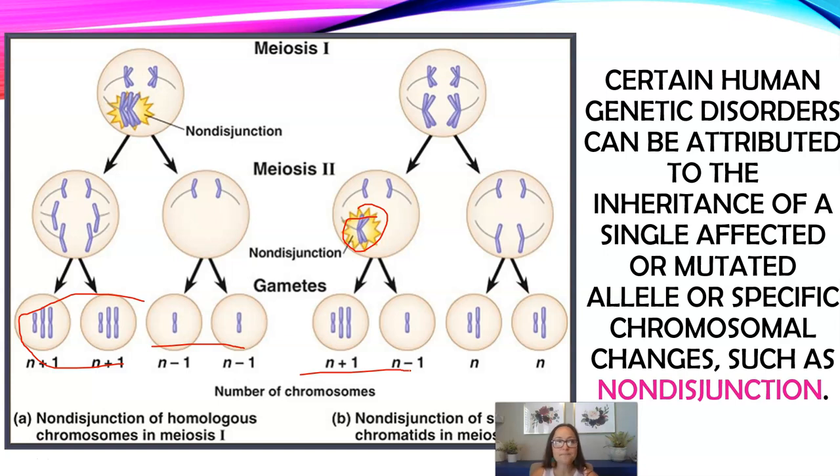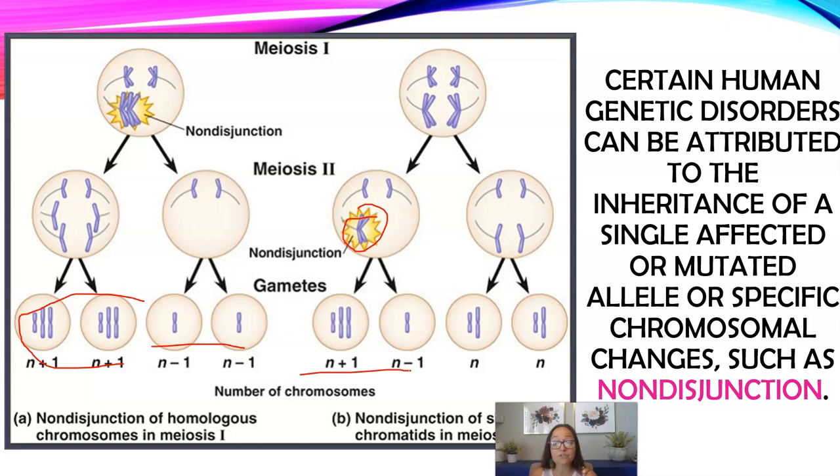And the chances of non-disjunction do increase with the mom's age. So as a female ages, the older she is having offspring, the higher the likelihood of non-disjunction. But Down syndrome is not the only example of